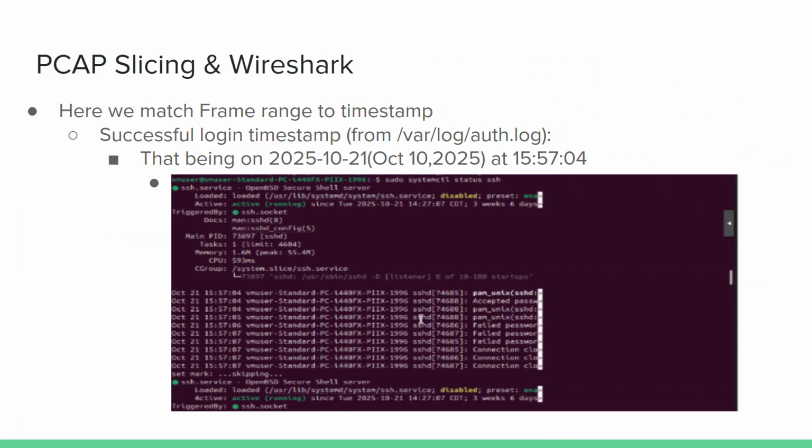In the next slides, we then proceeded to match the frame range to the timestamp. We get a successful login timestamp from /var/log/auth.log, that being October 10th, 2025 at 15:57:04, as shown in the screenshot. We then proceeded to convert this time to epoch time to match it to the closest PCAP frame, that frame being 388. Using our timestamp to PCAP correlation script, we found that the packet whose timestamp was closest to the SSH accepted password log entry was frame 388 in the original capture file,